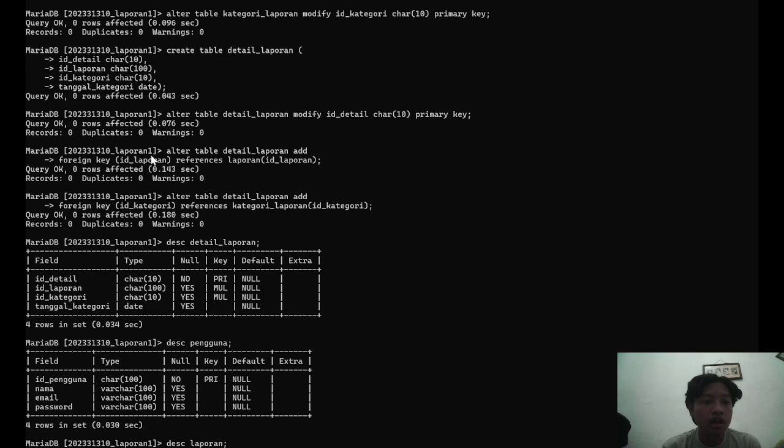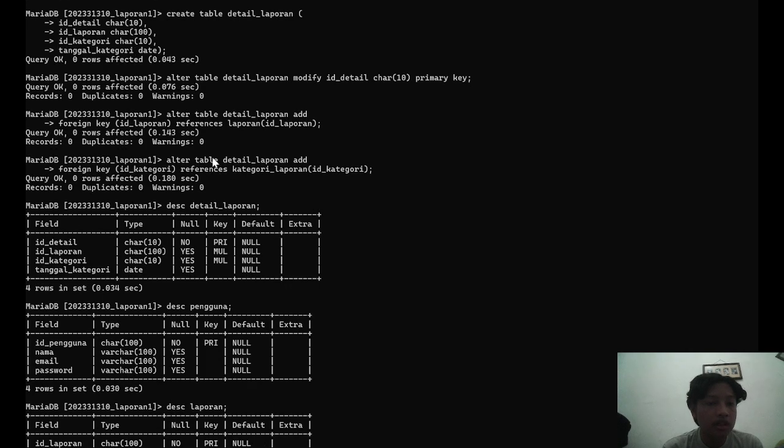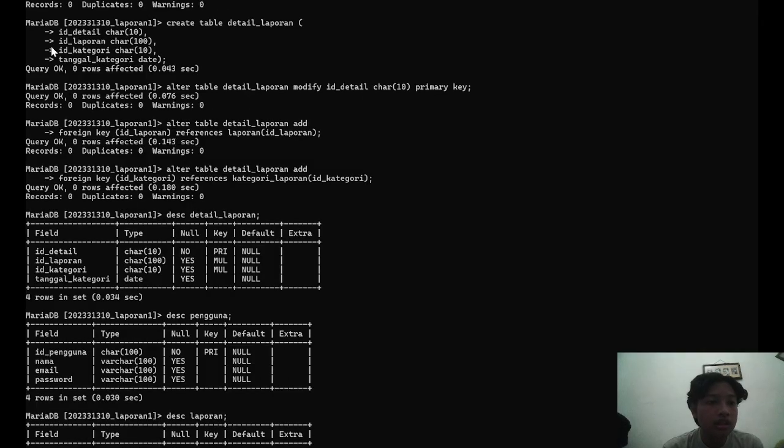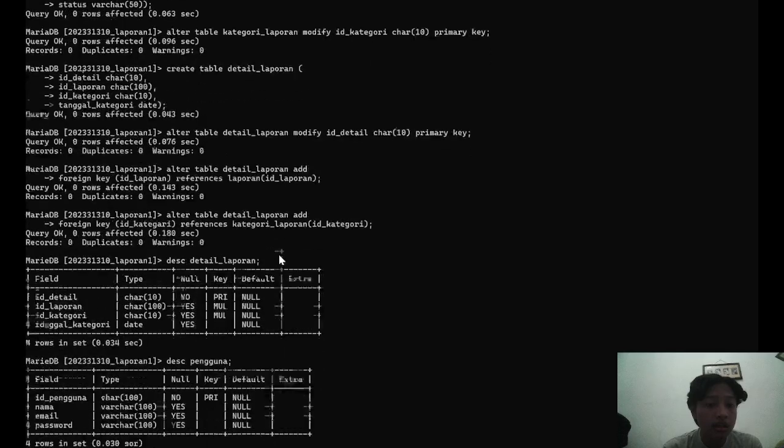After that, I make the ID detail a primary key. And then same right here, I make the foreign keys. There is ID laporan and then the ID category as foreign keys to make the relationship between these tables.